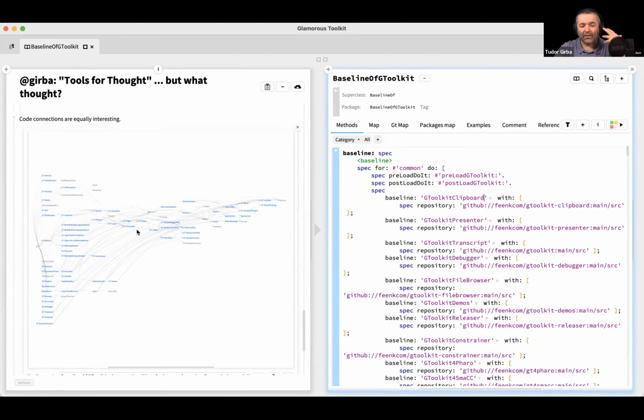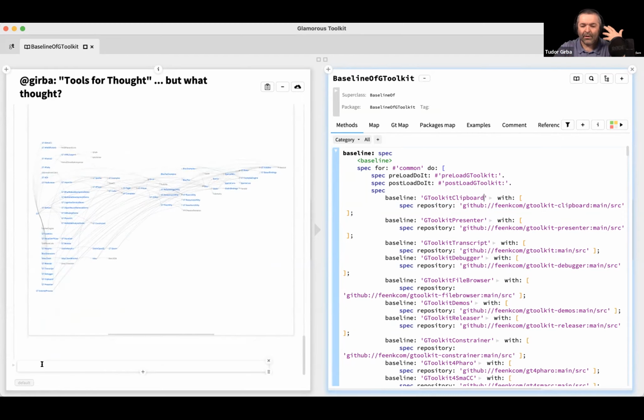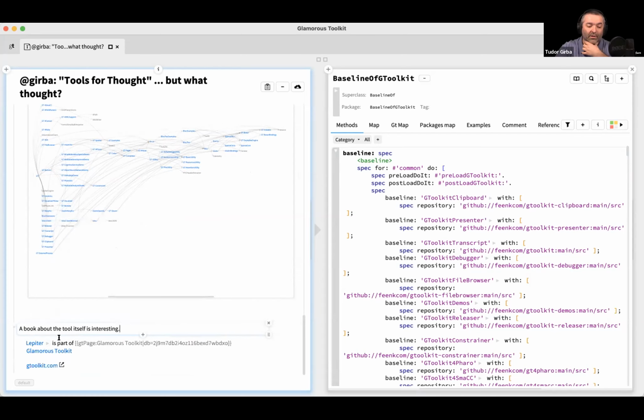And it turns out that when we look at things like that, we can do all sorts of combinations that are totally not possible without having these little primitives there. So for example, a book about the tool itself is interesting too. And that's exactly what we see over here.